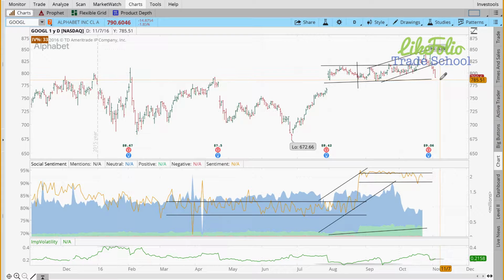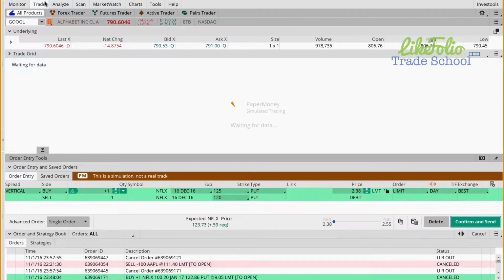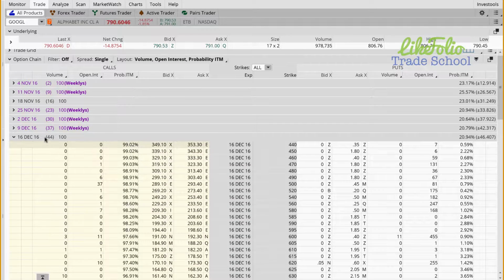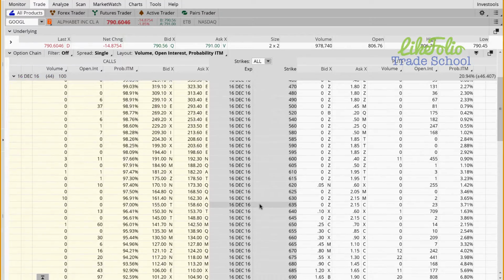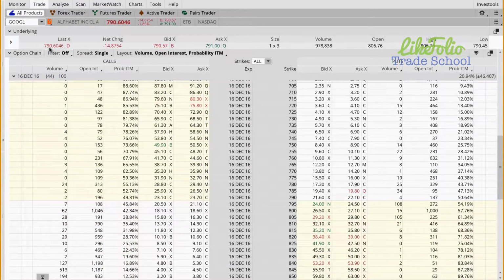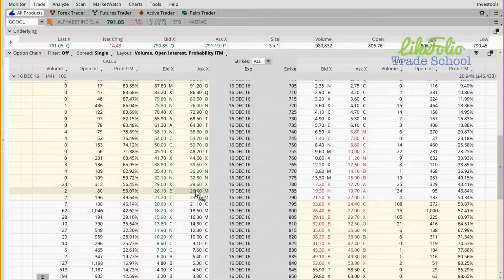So let's take a look at what kind of spread we can build out here. Let's go to the trade tab. And again, I just want to reiterate, I like to be around the money. I'm going to stick in this same month here because it's 44 days until expiration. I'm going to stick in the same month, and we're going to wrap around the money. So the current price is $7.90. We want to buy the 785s,